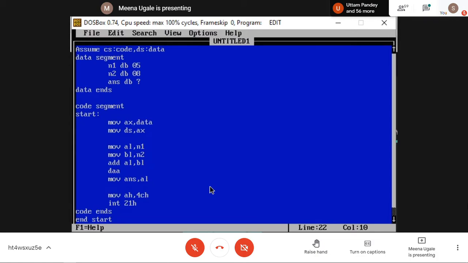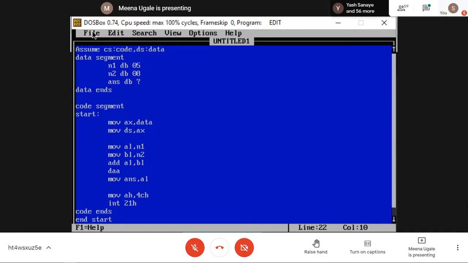Everybody is with me? Any doubts in this program? Just follow the code line by line. The sequence is very important. What you write after one instruction must be the desired one, then only you will get the answer. Like DAA, I cannot write first. It is operable after addition only, and it is operable on AL. So AL should get my final answer.